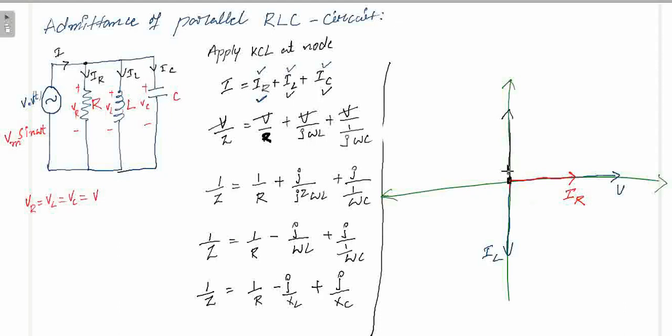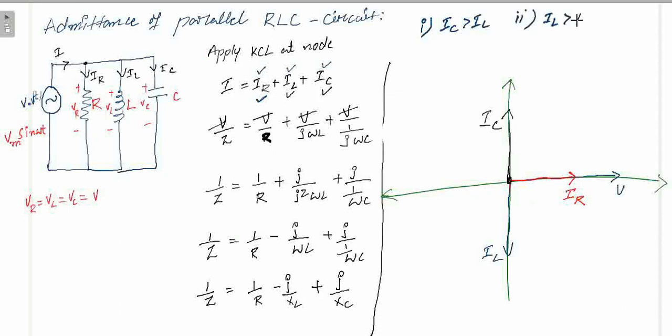So this is your IC. So this is a phasor diagram. But here we have to consider two cases, because you are having two types of reactances. That is, the first case is IC greater than IL. The second case, IL greater than IC.